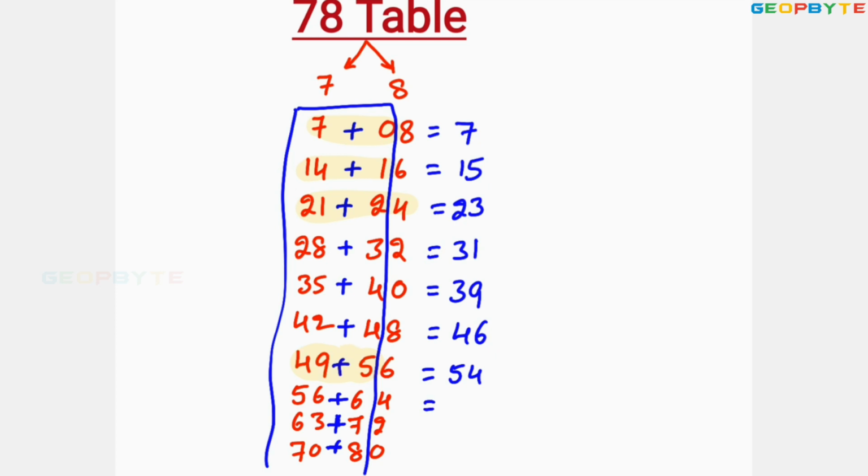Similarly, 56 plus 6, 62. 63 plus 7, 70, 78. Then